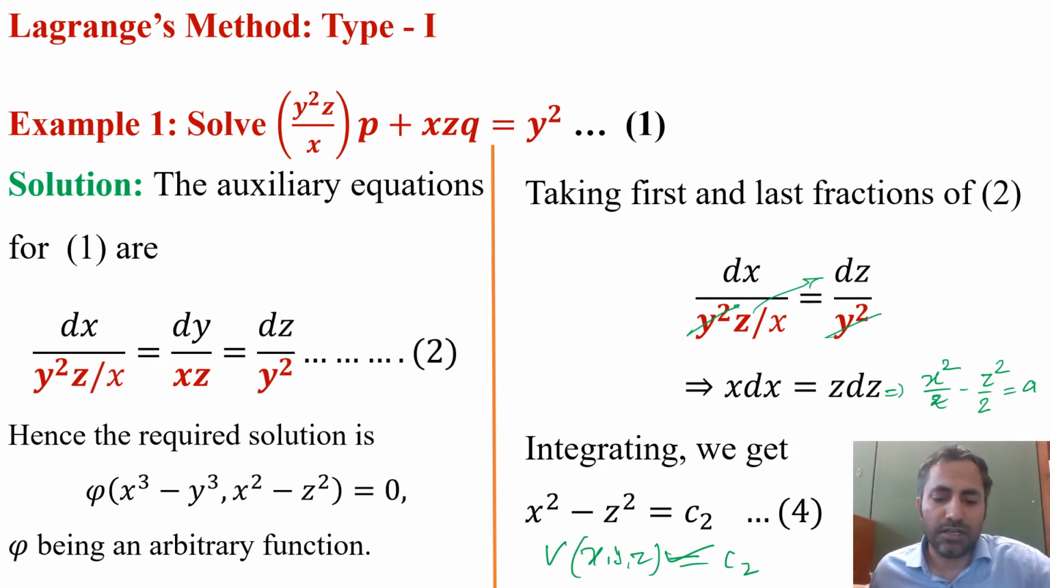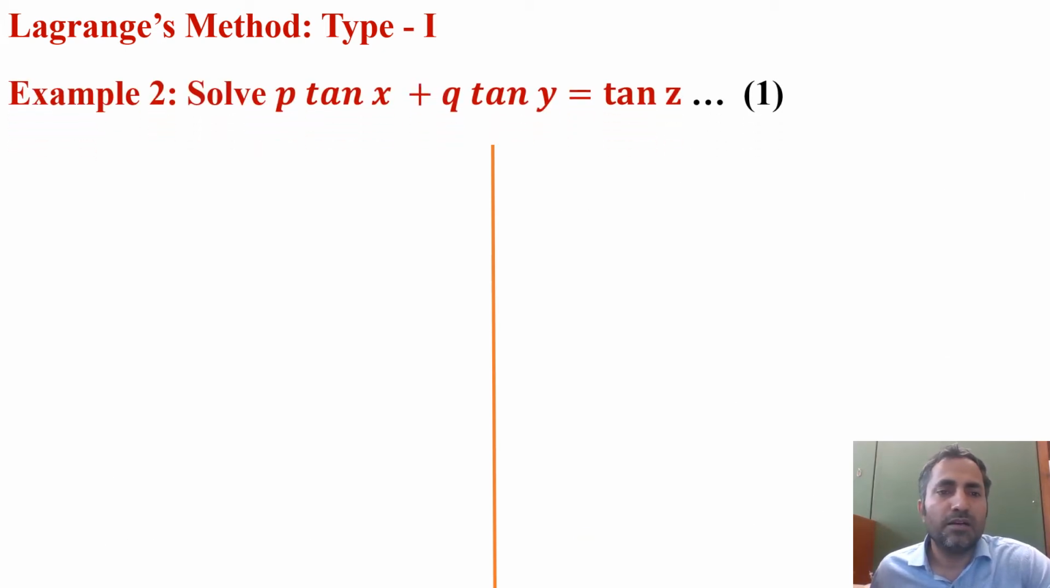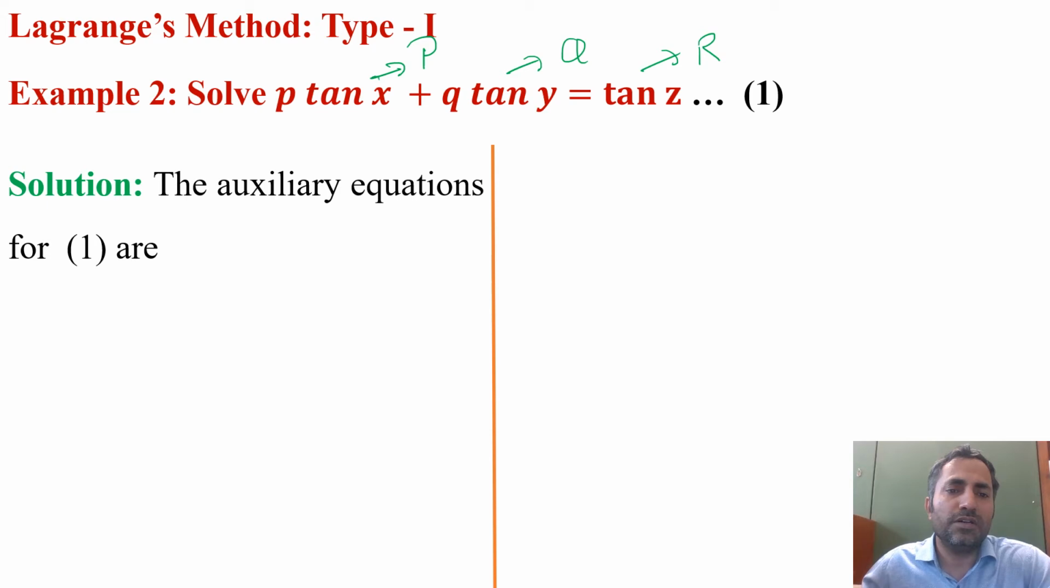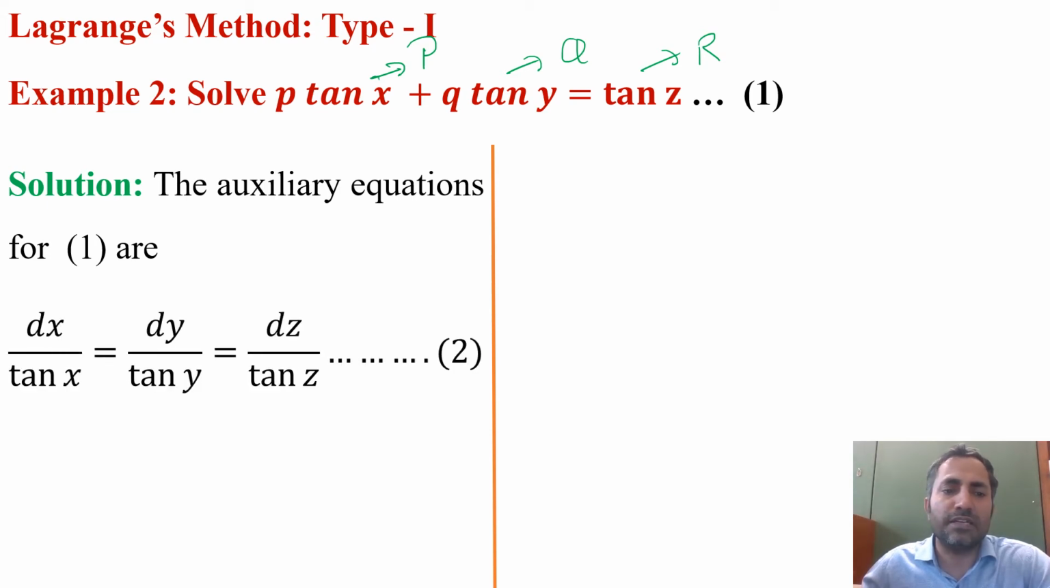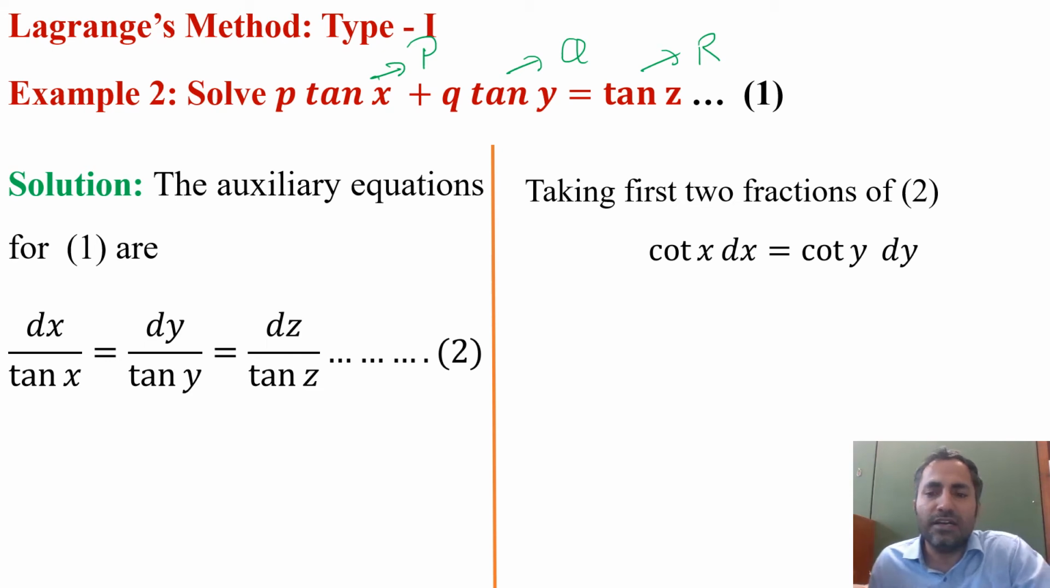Now come to the next example: P tan x plus Q tan y equals tan z. Again first we identify the capital P, capital Q and capital R. Now the subsidiary or auxiliary equation that we can write here is dx upon tan x equals dy upon tan y equals dz upon tan z. First two fractions we can take here. By taking the first two fractions, we get cot x dx and cot y dy,